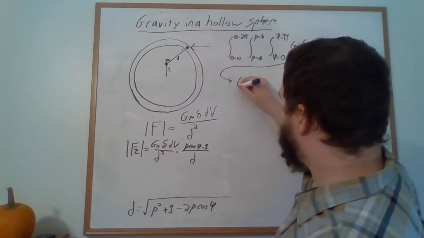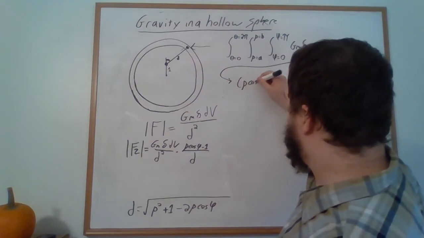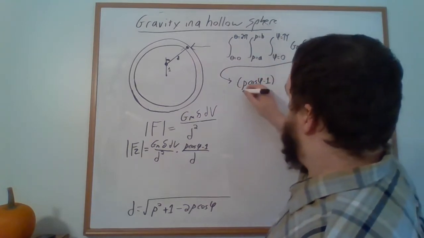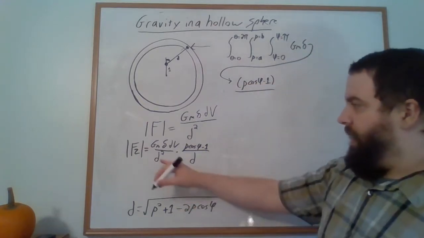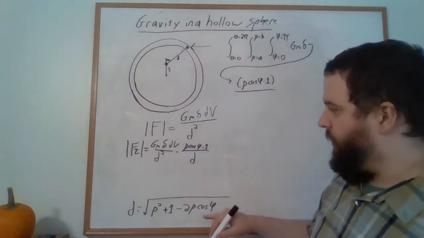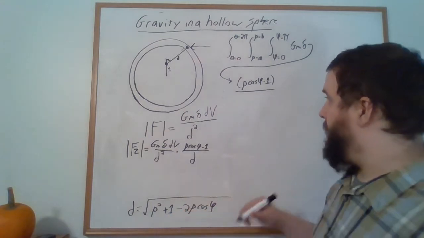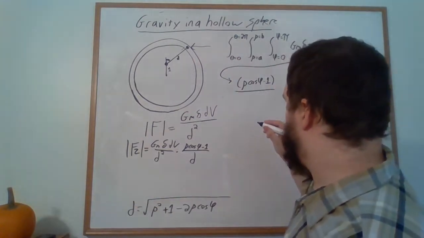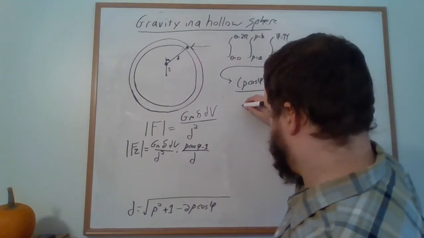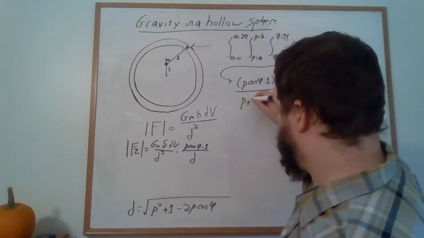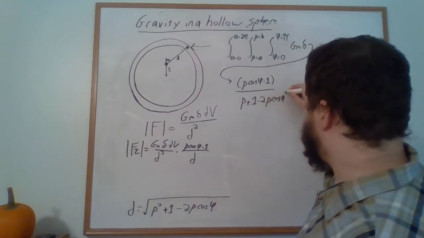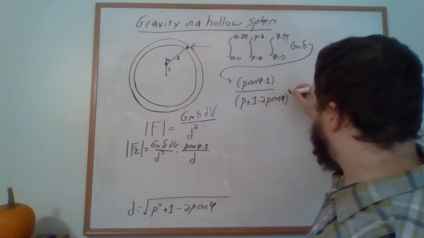So this is going to be rho cosine phi minus 1 divided by d cubed. So that's rho squared plus 1 minus 2 rho cosine phi, to the power of 3/2,